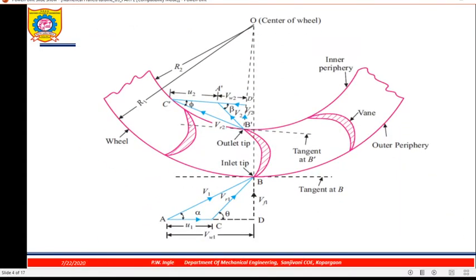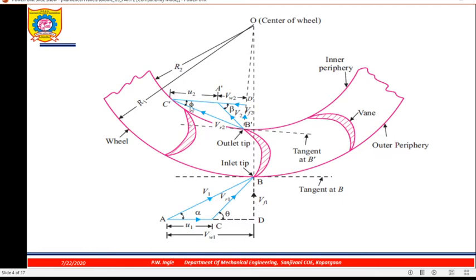Okay, so this is the inlet and outlet velocity triangle we already discussed while discussing the series of curved vanes, that is the last case of unit number 1. Okay, so again I will repeat here. AB indicates V1. AC is U1. So by joining C and B, you are getting relative velocity VR1. Then V1 will be having two components. What are those? VF1 and VW1.